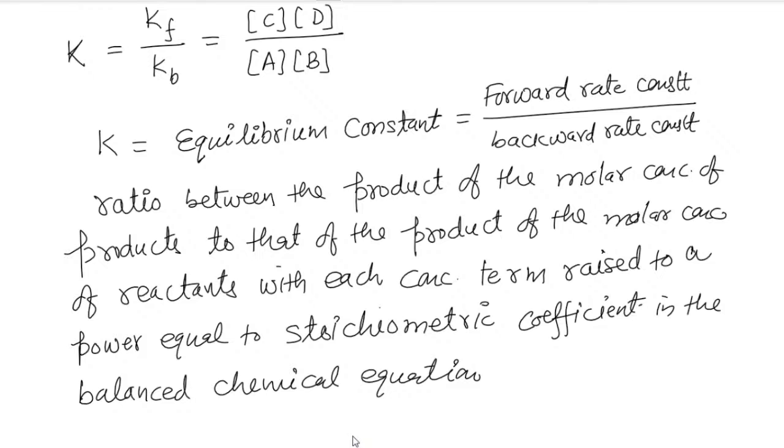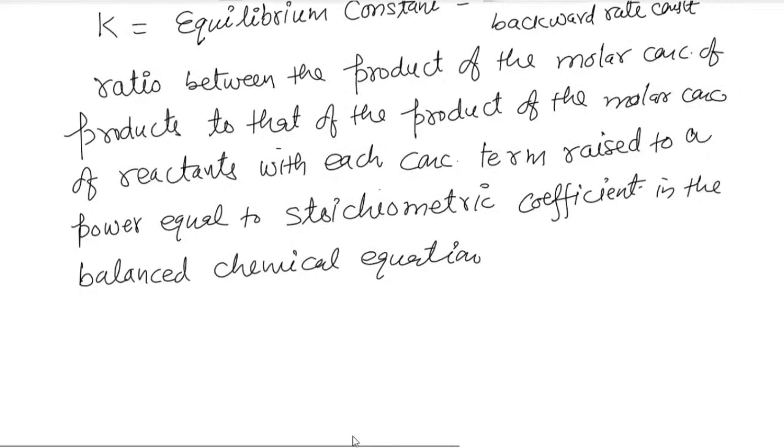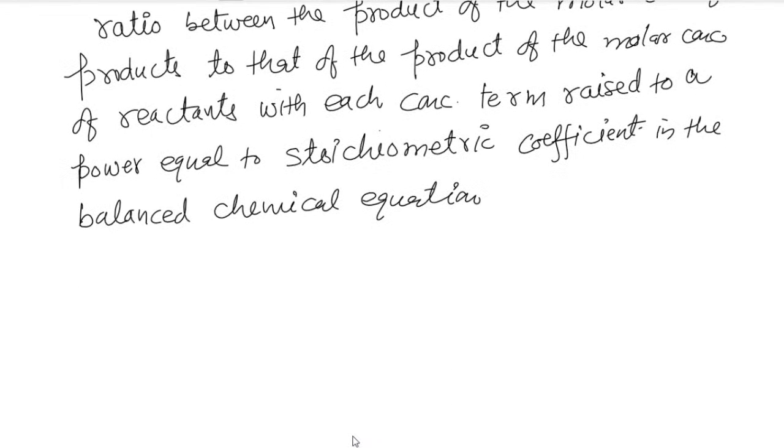So that is called equilibrium constant. So what is equilibrium constant? The ratio between the product of the molar concentration of the products to that of the product of the molar concentration of reactants, with each concentration term raised to its stoichiometric coefficient. For example, if we have small a moles of capital A reactant, small b moles of capital B reactant, to give small c moles of capital C product plus small d moles of capital D product, then equilibrium constant